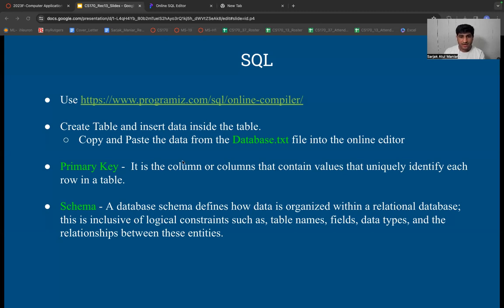So we are going to have the hands-on application and try to create our own database, and perform different kinds of operations to fetch the data from the database and stuff like that in this recitation, right? So to start with, I want you guys to go to this link over here, which you can see in front of your screen, right?